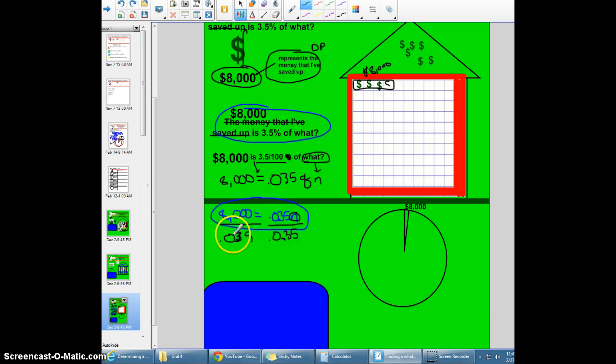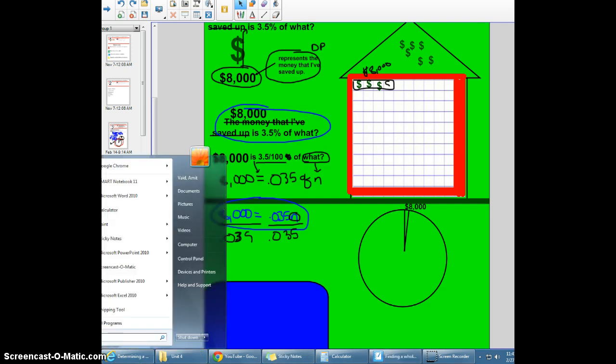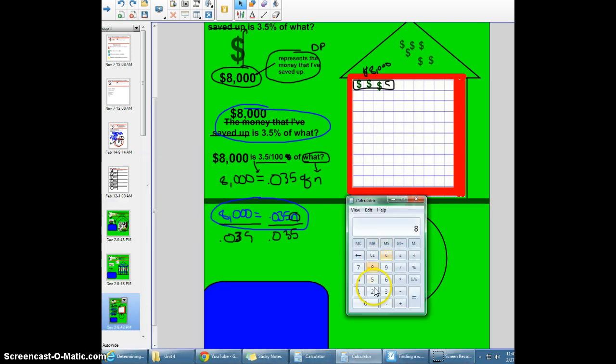Okay, 8,000 divided by 35 hundredths. But we started here to isolate n. 35 hundredths divided by 35 hundredths. 8,000 divided by 35 hundredths. Let me get an eraser here. Okay. So now I can take my calculator and find out what is 8,000 divided by 35 hundredths. 8,000 divided by 35 hundredths is equal to $228,571. Okay? 8,000 divided by 0.035 is equal to